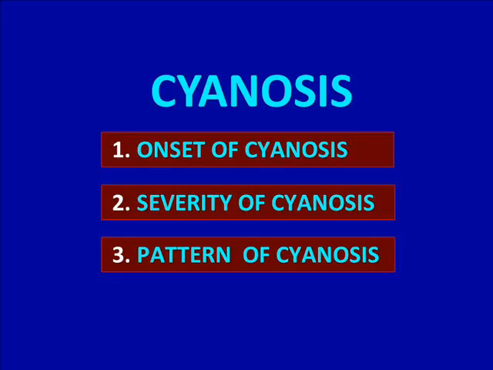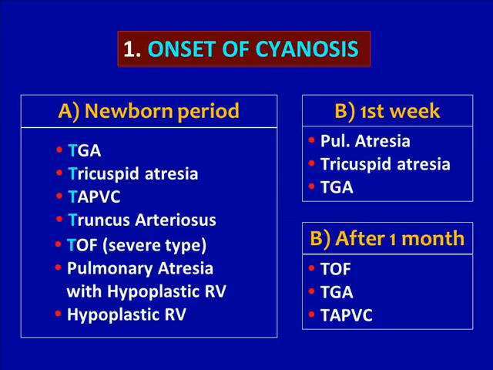The principal symptom of cyanotic congenital heart disease is cyanosis. Now, using the onset, severity, and pattern of cyanosis, certain possible diagnoses can be entertained. Let's first take the onset of cyanosis. Very early presentation in newborn with cyanosis occurs in